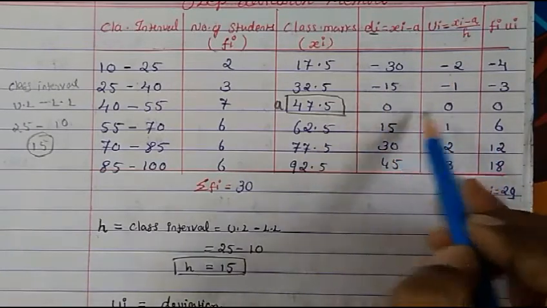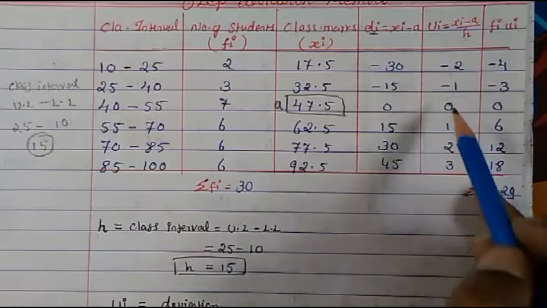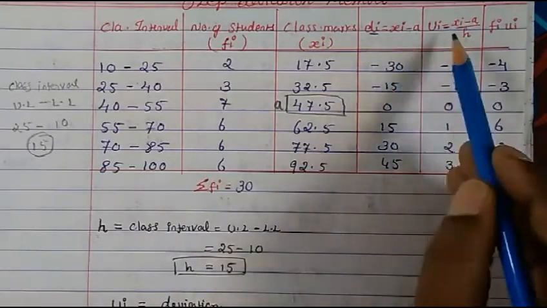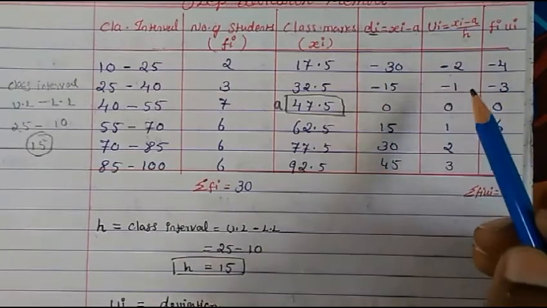So here where 0, put the 0, then 1 to 3 and 1 to 3, then up will be negative. So there is no calculation, only this. So now, what is the last step?